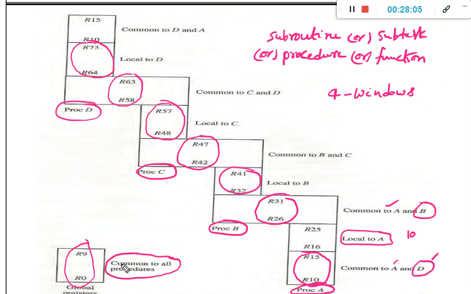Here we can observe that global variables are equivalent to global registers, local variables are equivalent to local registers, and static variables are equivalent to common registers between two procedures. Like this, we are going to implement the shared window registers. Totally, how many registers are there from R0 to R73? Total 74 registers are there.